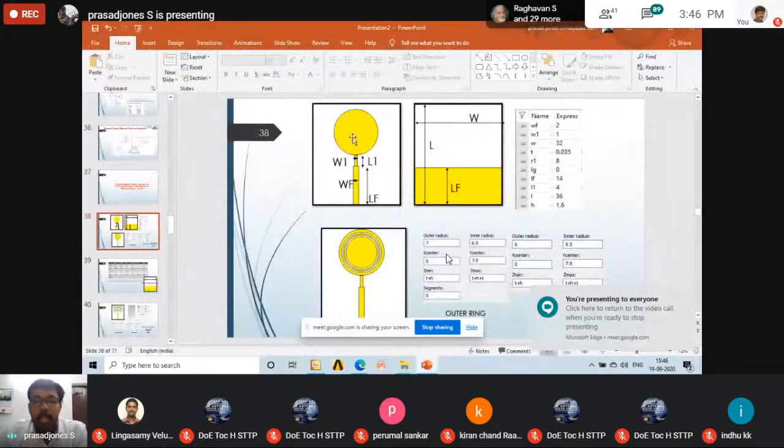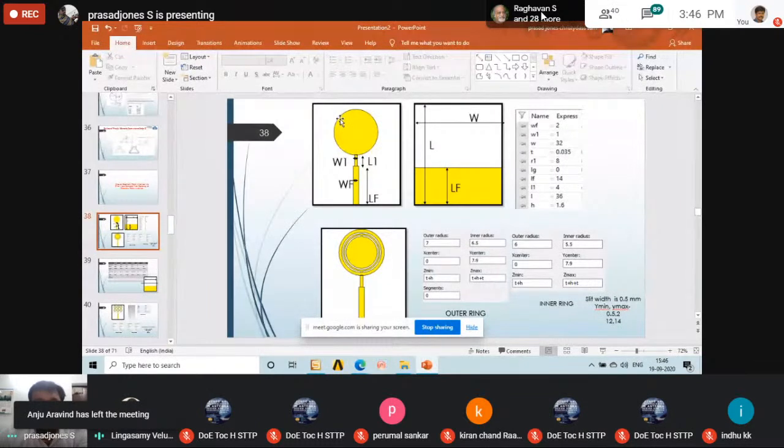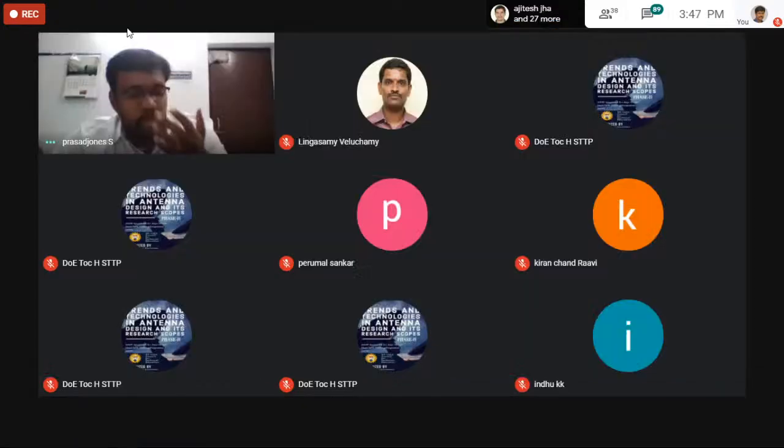I think now you are able to see. Yes, sir. So if it is a simple circle, the electrical length is equal to the radius, right? A radius or a diameter. But if you have such meandering shapes, like notches everywhere at the edges of the circle, then the current length will be increasing, right? So if the current path length is increasing, it is nothing but the increase in